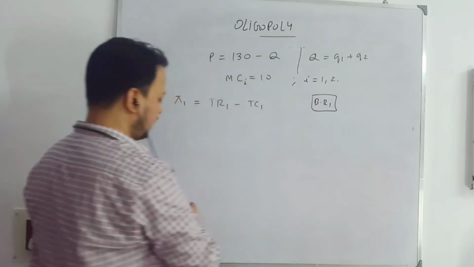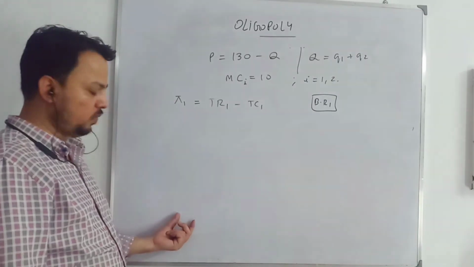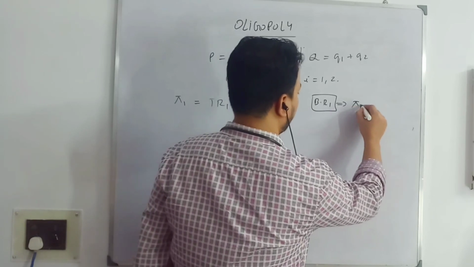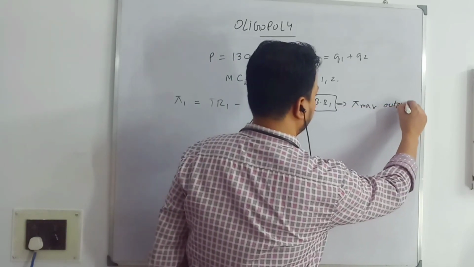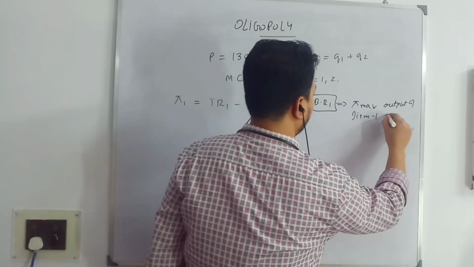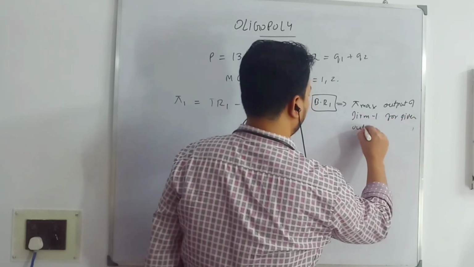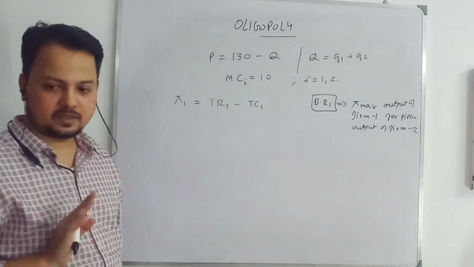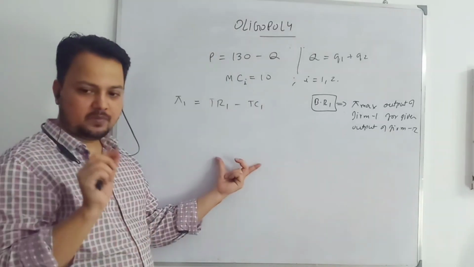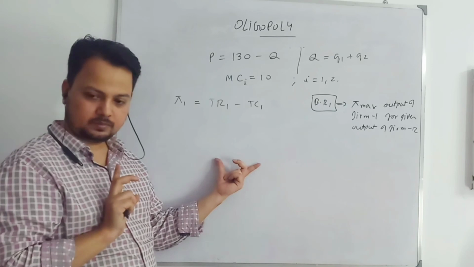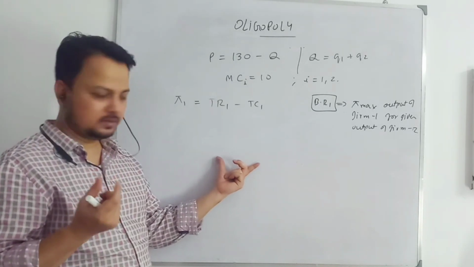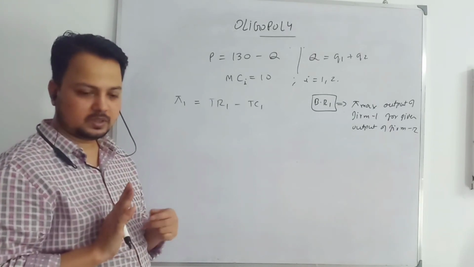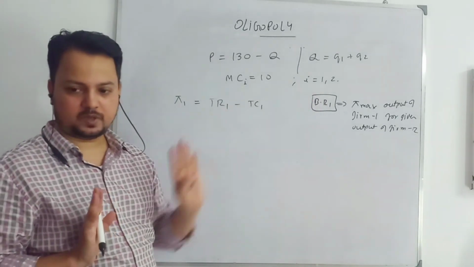So the equation that I will be getting, Q1 as the best response, by definition is the profit maximizing output of firm 1 for a given output of firm 2. Don't do it mechanically, understand the thing. When I am deriving it, I will take the output of firm 2 as given, that means it is constant, and I am maximizing the profit. That means I will set the first order condition equal to 0. What I get will be the best response of firm 1.